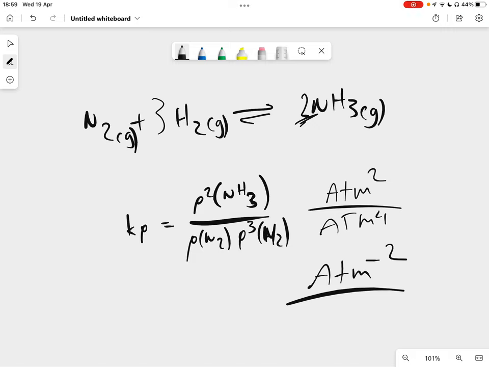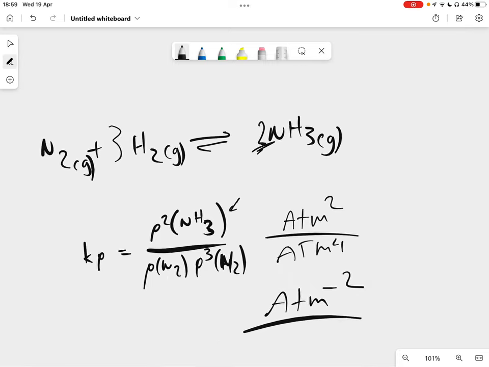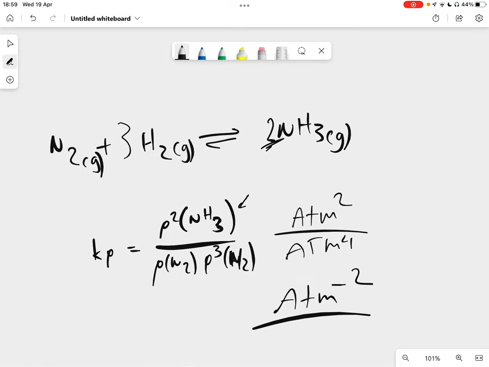Now, when you're working out pressure constants, if you noticed, we actually used normal brackets instead of square brackets. That's because we're not doing concentrations. So in this case, we're going to be using partial pressures. And the way in which you can work out partial pressures is by doing molar ratios. So they could say, okay, the total pressure of this whole unit is